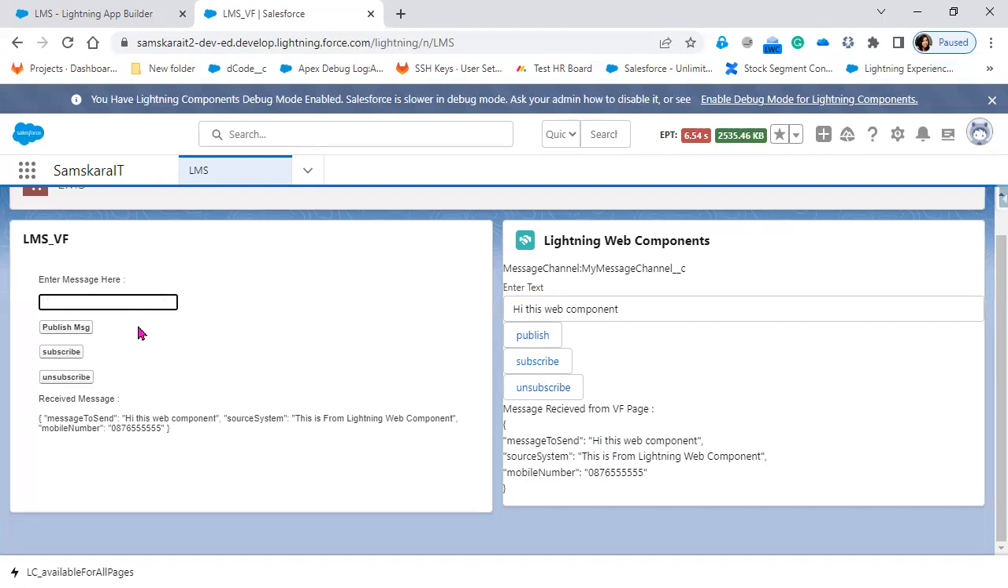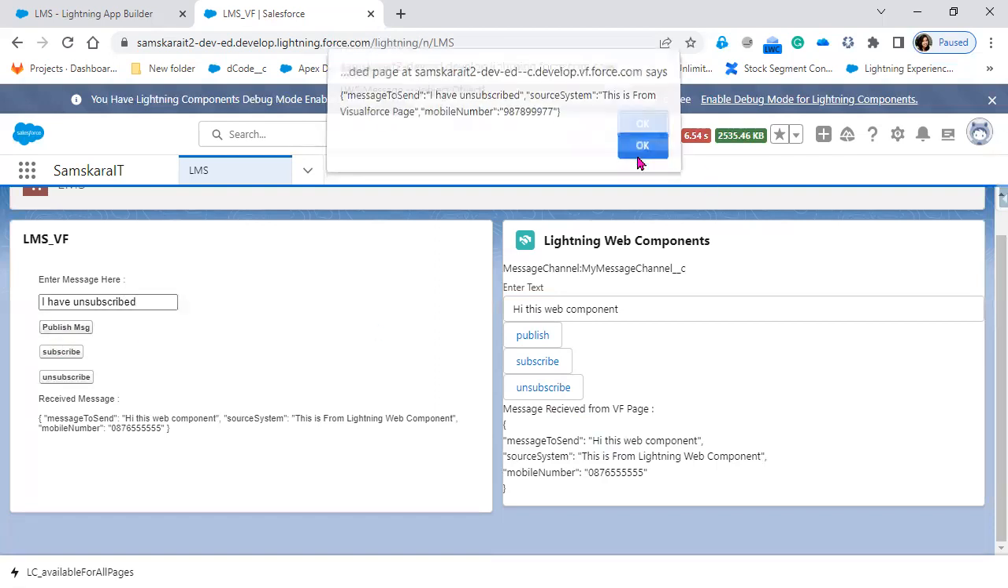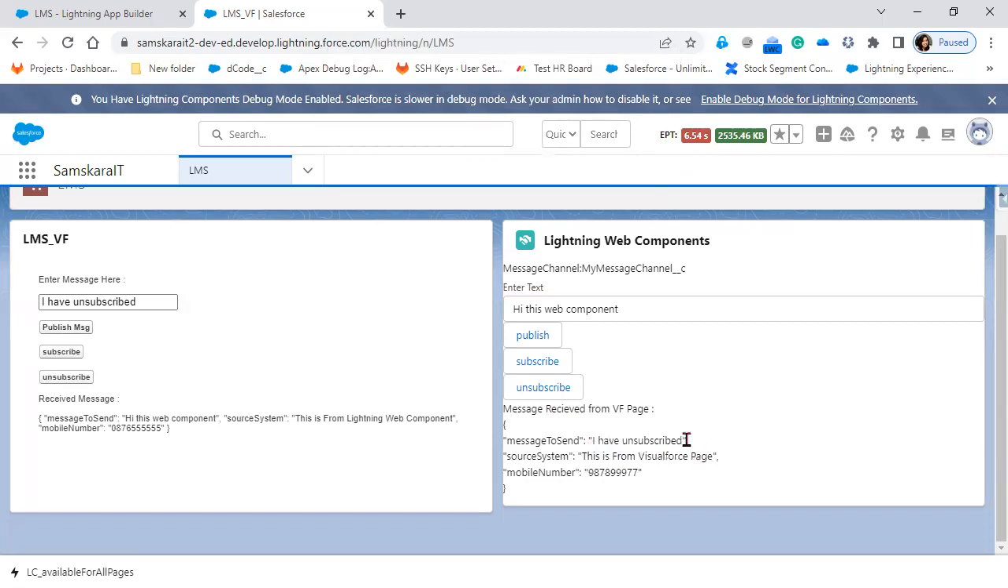Let's say that I'm writing a text message here. I have unsubscribed. Click on publish message. Now click it and it is displaying that I have unsubscribed. This is from the Visualforce page. Now, if you say here that I'm subscribed and still subscribed,